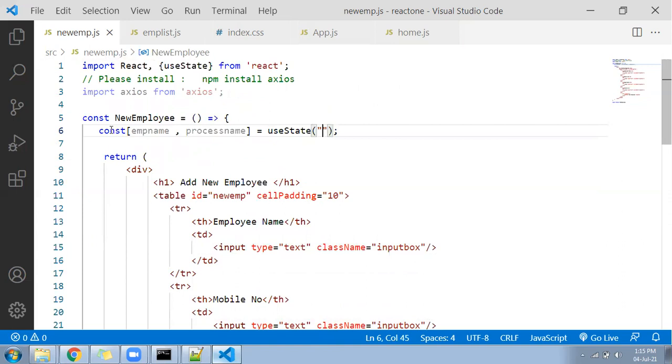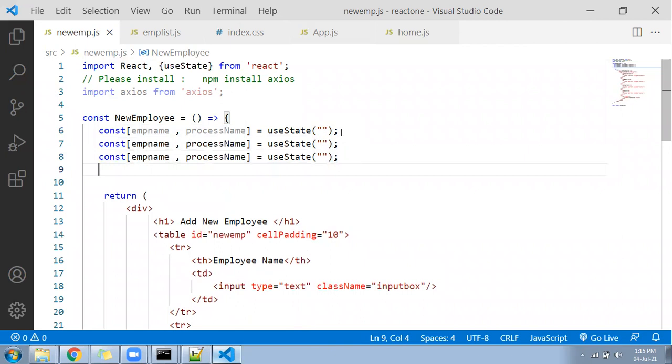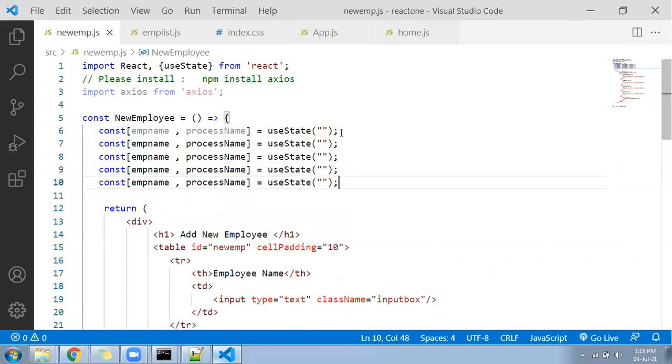And then we will ask how the useState is working. We cannot explain everything from the very bottom. I have already created one video called useState and hooks under React. You can see that video and then you will get a better idea. It is just for state management. So in that, empName is the variable and setEmpName is the function. Same way, we have to create some more. So let me do that. Total 4 variables we require. So I will be creating 4 variables and one more variable for message purpose.